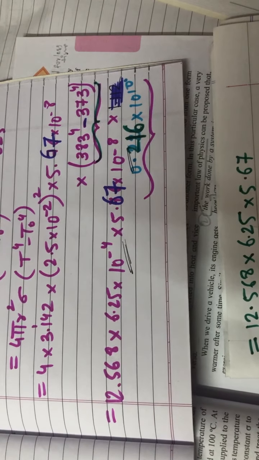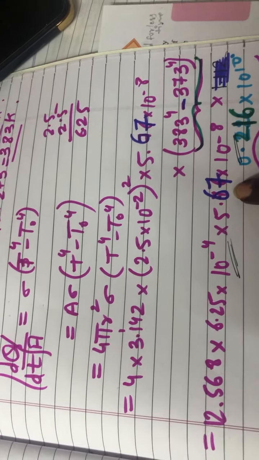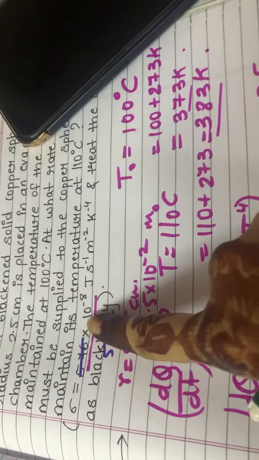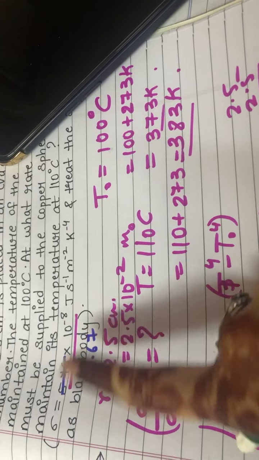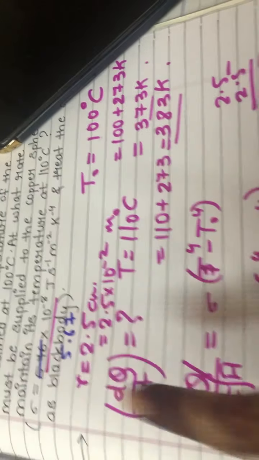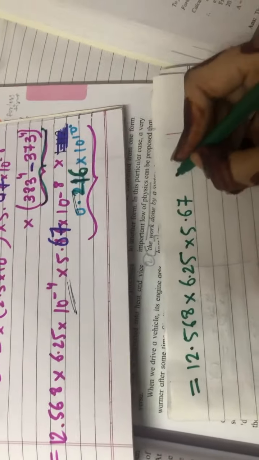Now in this I have mentioned, right, we will be using the value of sigma as 5.67. In the textbook it is given as 5.76. We'll be using it as 5.67 because this is the right value of sigma. In the textbook it is a printing mistake. Okay, now let's come to the calculation.